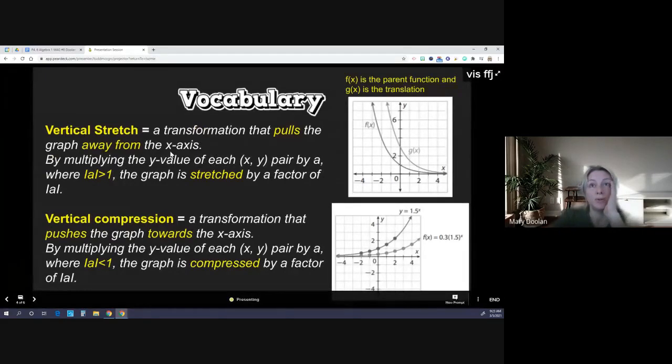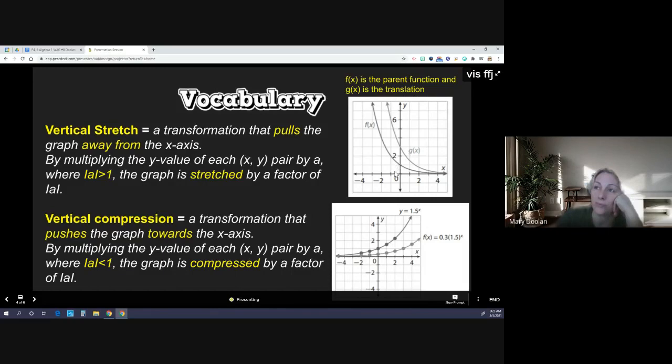So some vocabulary here. We can also have things happen to our graph, such as a stretch or compression. Looking at what a vertical stretch is and a vertical compression, there's some pictures here to go with that. So your graph could also change in different ways. If you have a vertical stretch, that's a transformation that pulls the graph away from the x-axis. Over here in this picture, f of x is the parent function. That's what we call the function we start with before a transformation, before we change it. And g of x is the